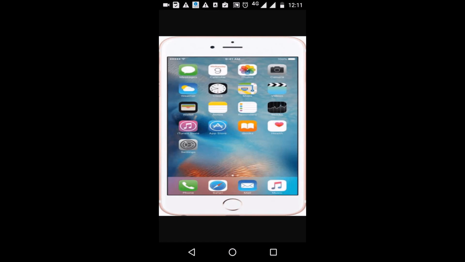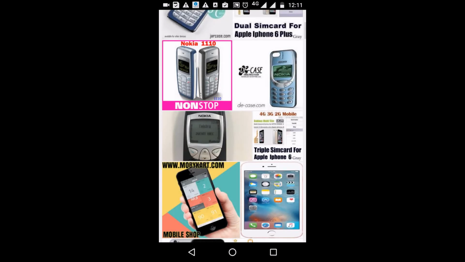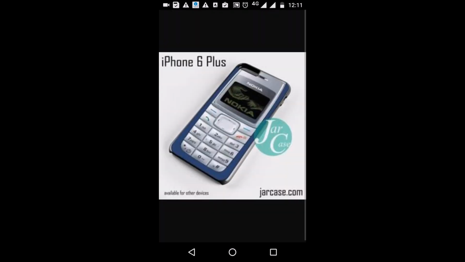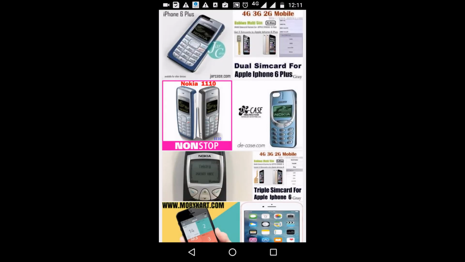Suppose the government provides tablets to farmers, and the farmer doesn't know how to use the tablet, how can he access it? He faces difficulty using it. Whereas if the government provides this type of mobile to the farmer, he can easily access it. This is what I mean about ease of use.